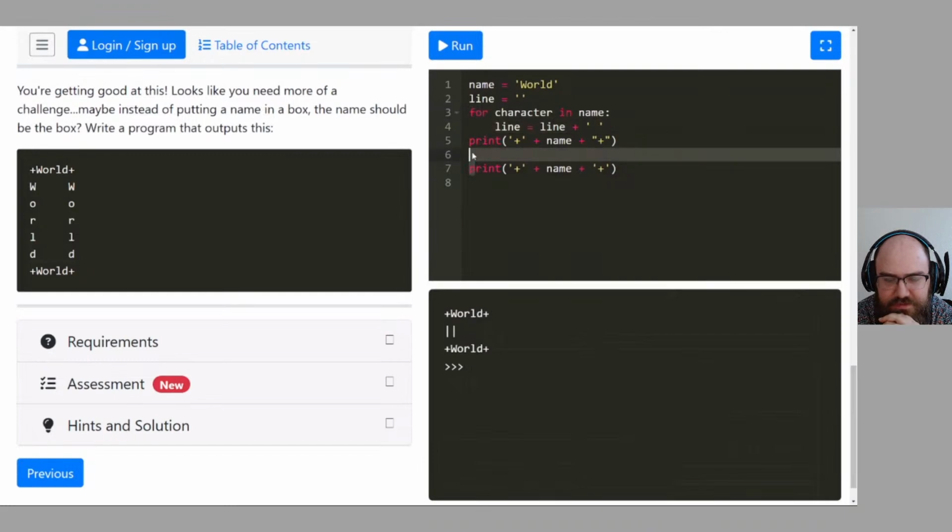Next you start asking for triply nested for loops. Oh my gosh, too much, too much. Baby steps. So for character, so